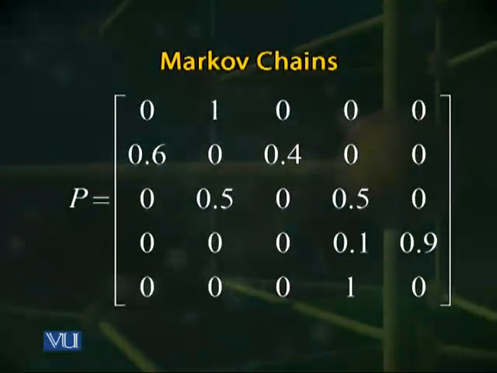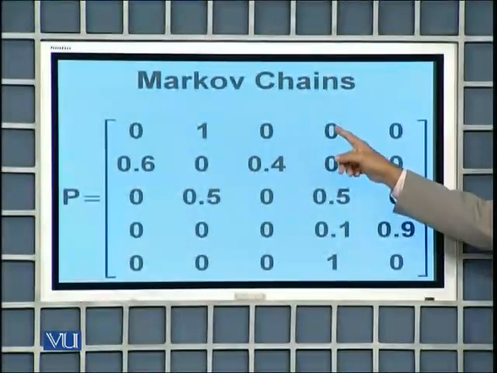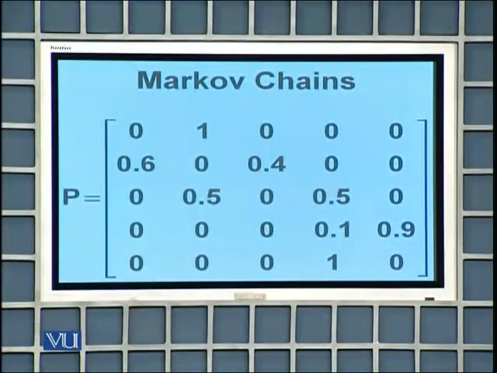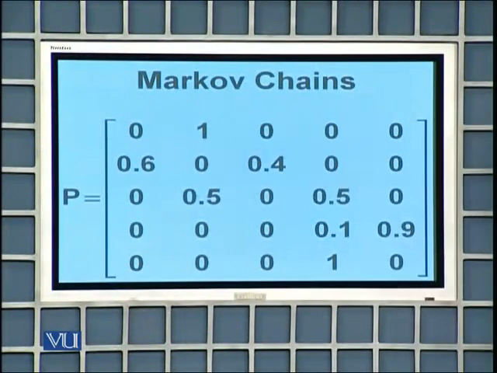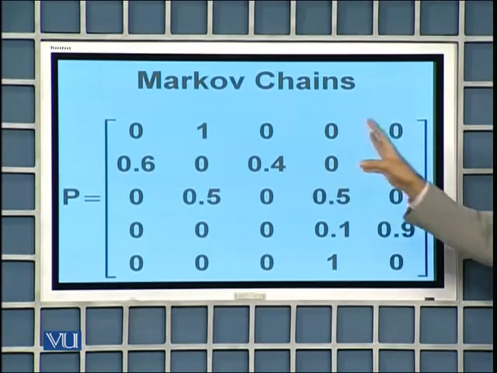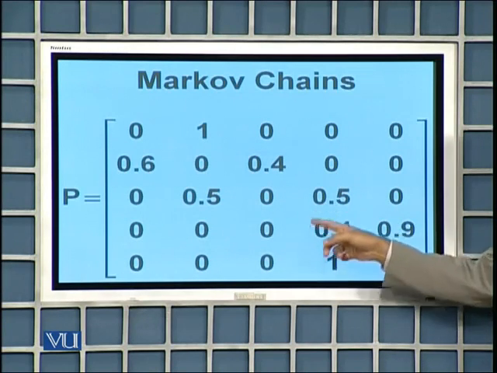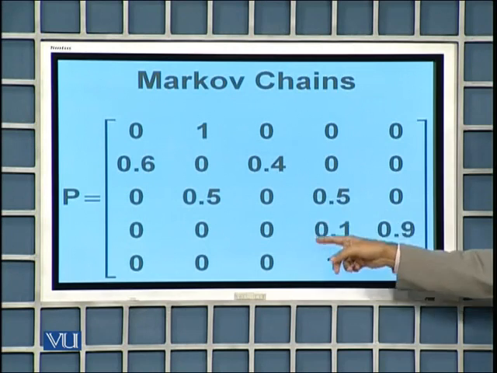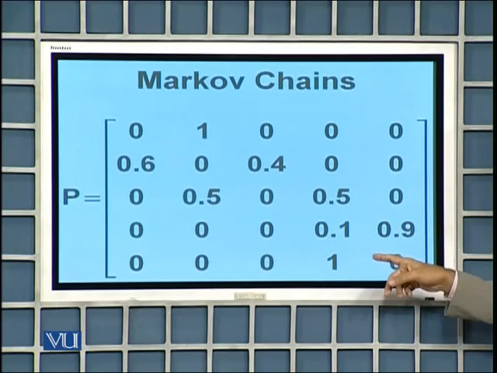Let's have a look at the one-step transition probability matrix for this Markov chain. Please remember, state 3 and 4 are recurrent states and state 0, 1 and 2 are transient states. So this is the one-step transition probability matrix that you are seeing on your screen. Have a look at the last 4 entries. These represent the transition probabilities from state 3 and state 4 to other states.